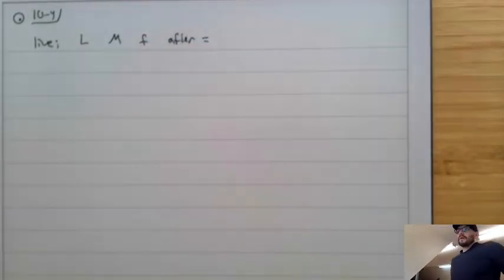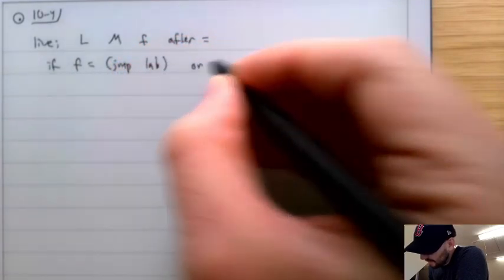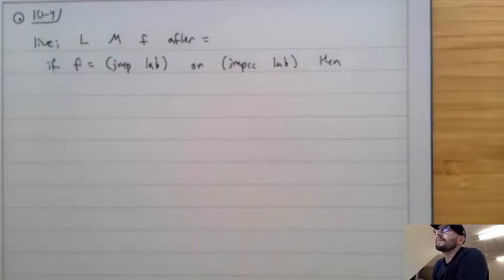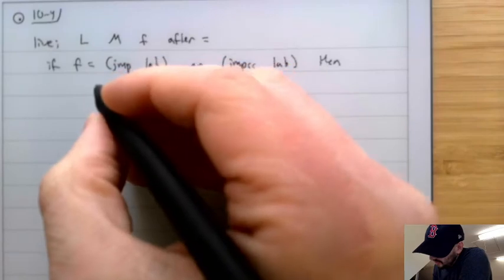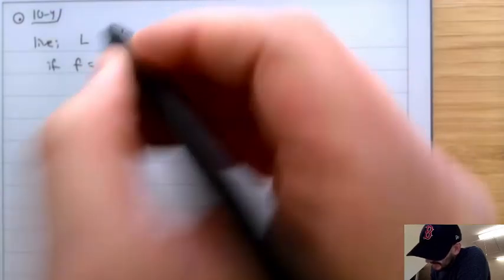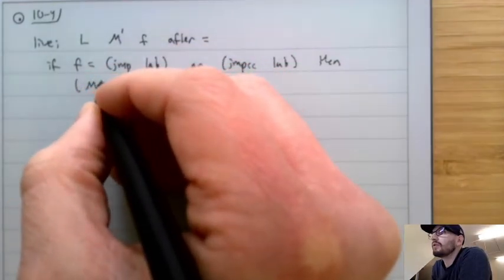Okay, now here's what we're going to do. We're going to look at what F is. Now, if F is equal to a jump to some label, or a jump CC to some label, then here's what we're going to do. We're going to say call, okay, we're kind of like writing it backwards. I'm going to write M prime to remember that it's been updated. Then we're going to return M prime prime